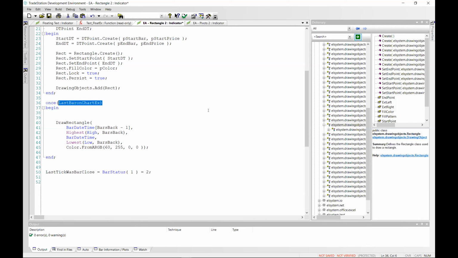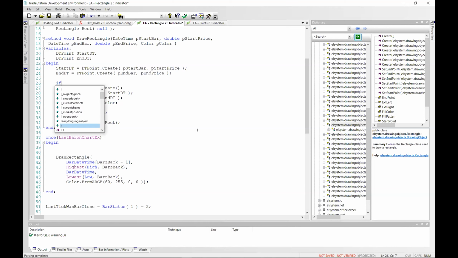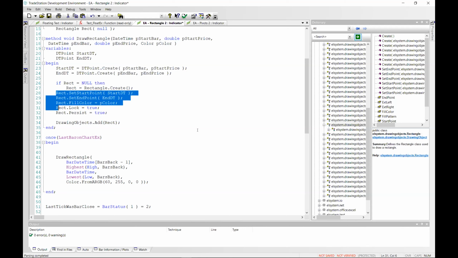But really, we just need to call this method again and only create a new rectangle if we don't already have one. Otherwise, just move it. So if the rectangle is null, then we'll create one. Otherwise, we're still going to do all this other stuff.